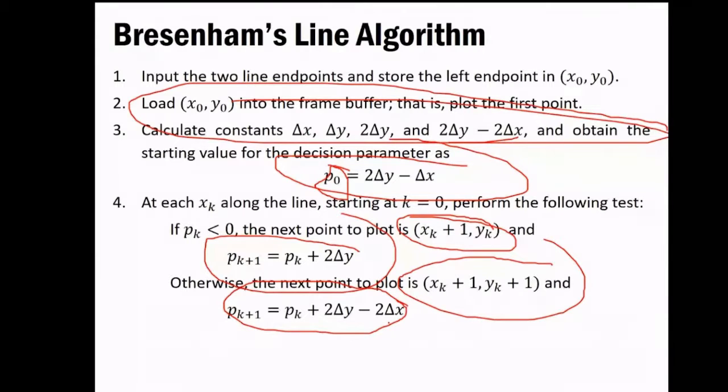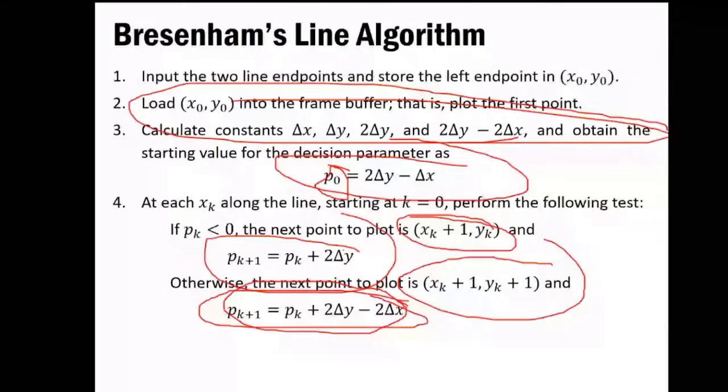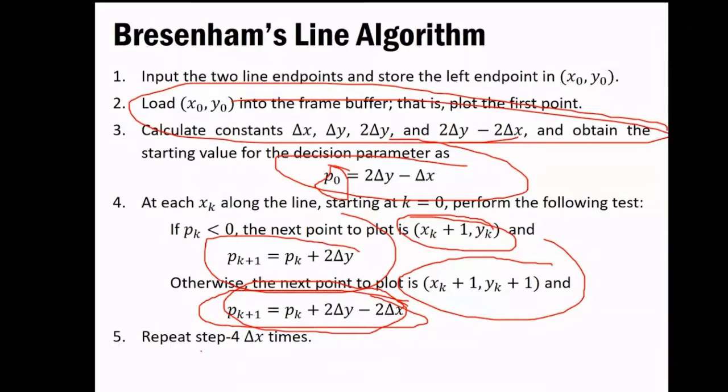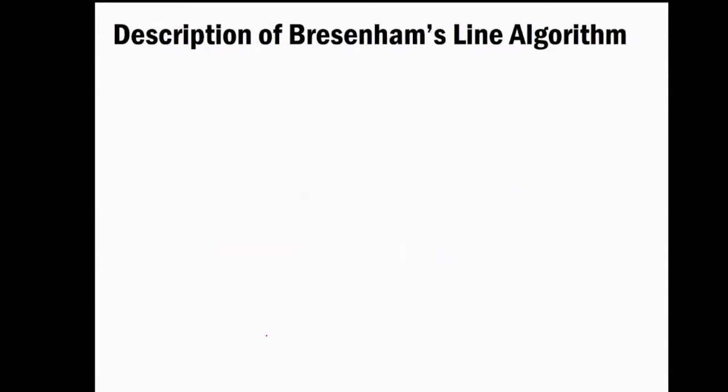That's what I wanted to show you: these things are not coming from thin air, and I have not written them on my own. These are the things that have been derived by Bresenham. So we have to deal with this and use this. From the exam point of view, you have to use and study all these derivations also, so you can expect this in the examination. Now the next stage is to repeat step 4 delta x times. So if the value is 5 or 6 or something, then we have to do this for that many times.